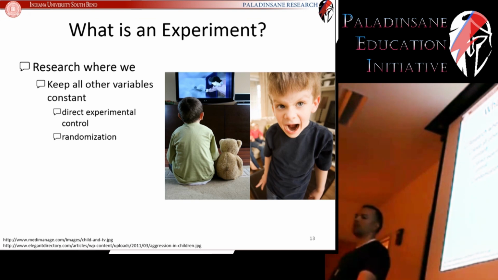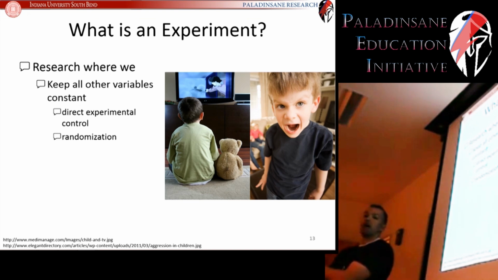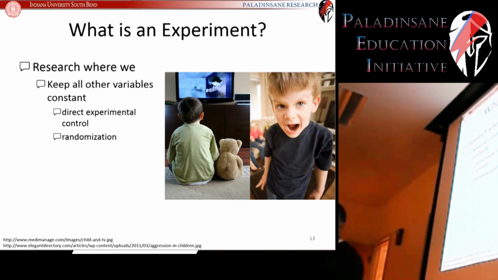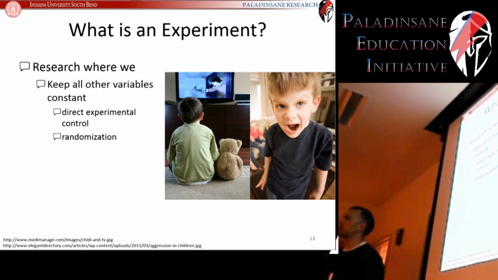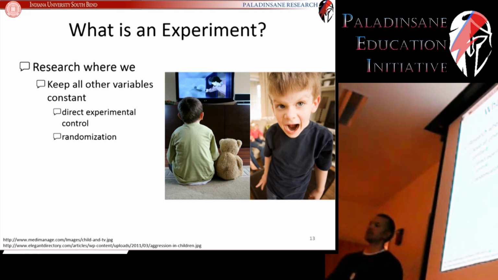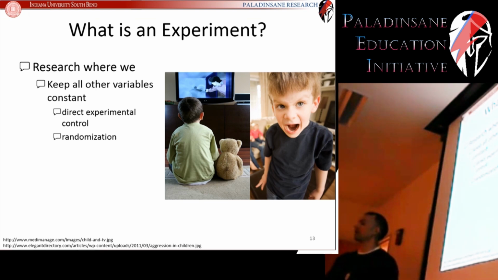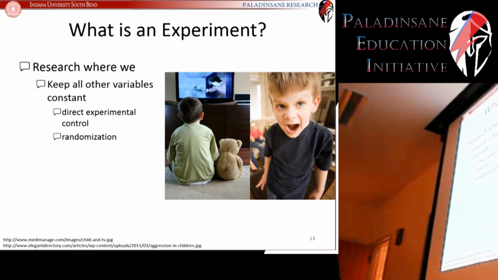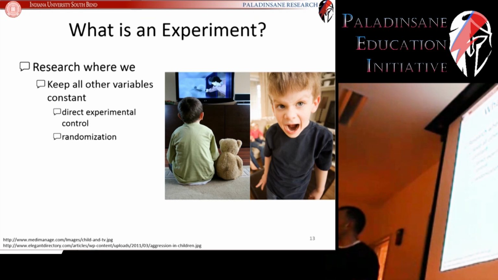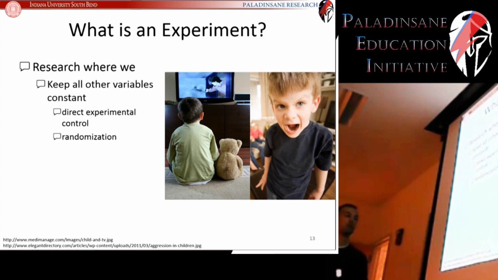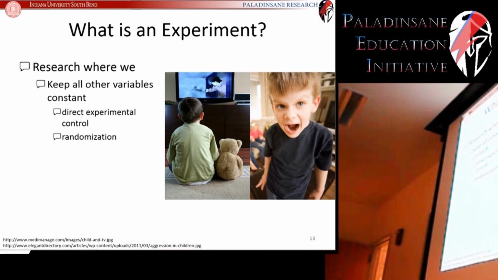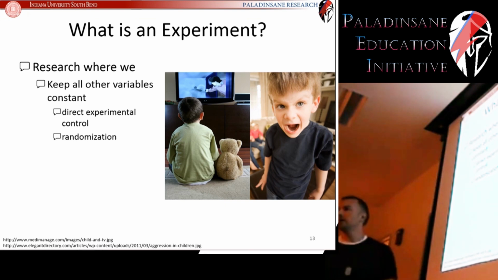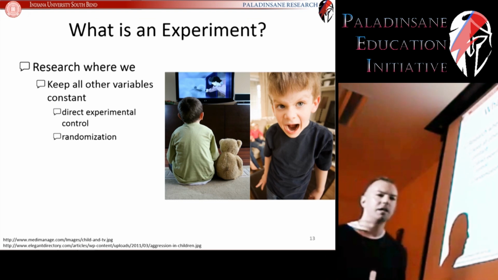It'll split up all of the pet owners. It'll split up everybody on all these hidden variables. It will ensure that your groups are about as equal as they could possibly be. And especially for those things that you can't necessarily identify or can't control for. So sometimes you want to have that direct experimental control. Like you'll say, okay, I want the same number of boys in both groups, same number of girls in both groups. But other times you just want to make sure that you go with randomization in order to take care of all those possible hidden factors.